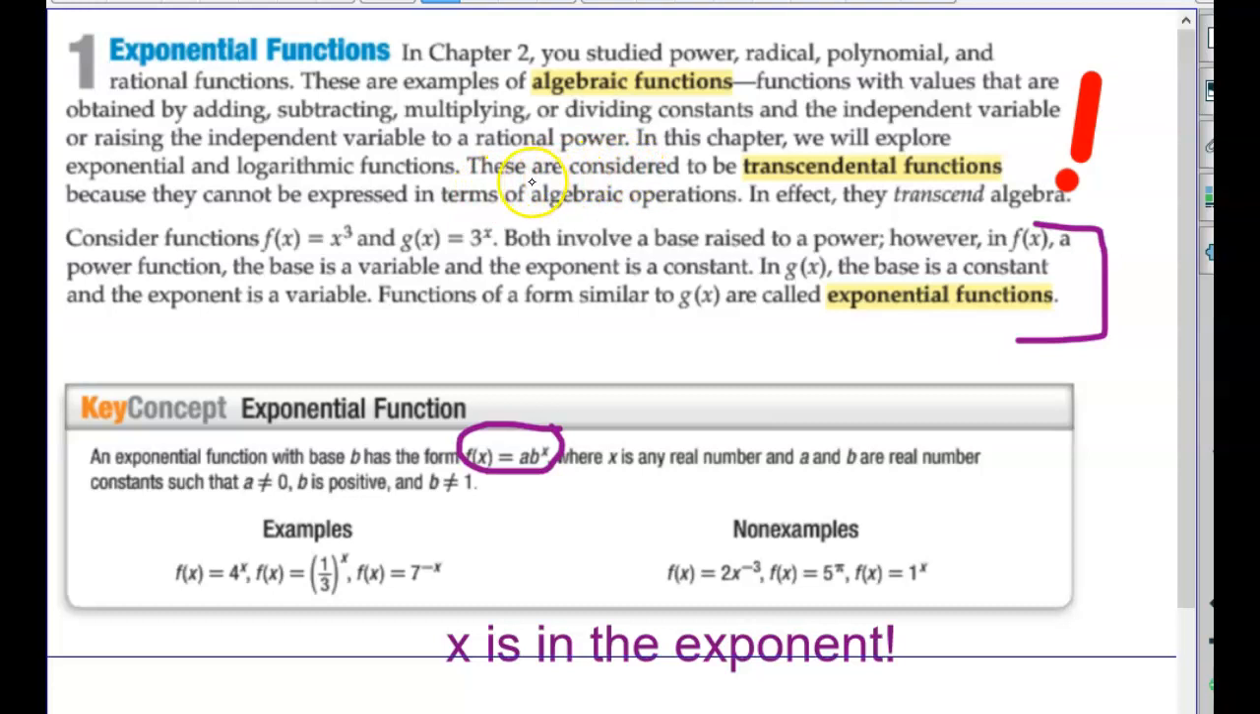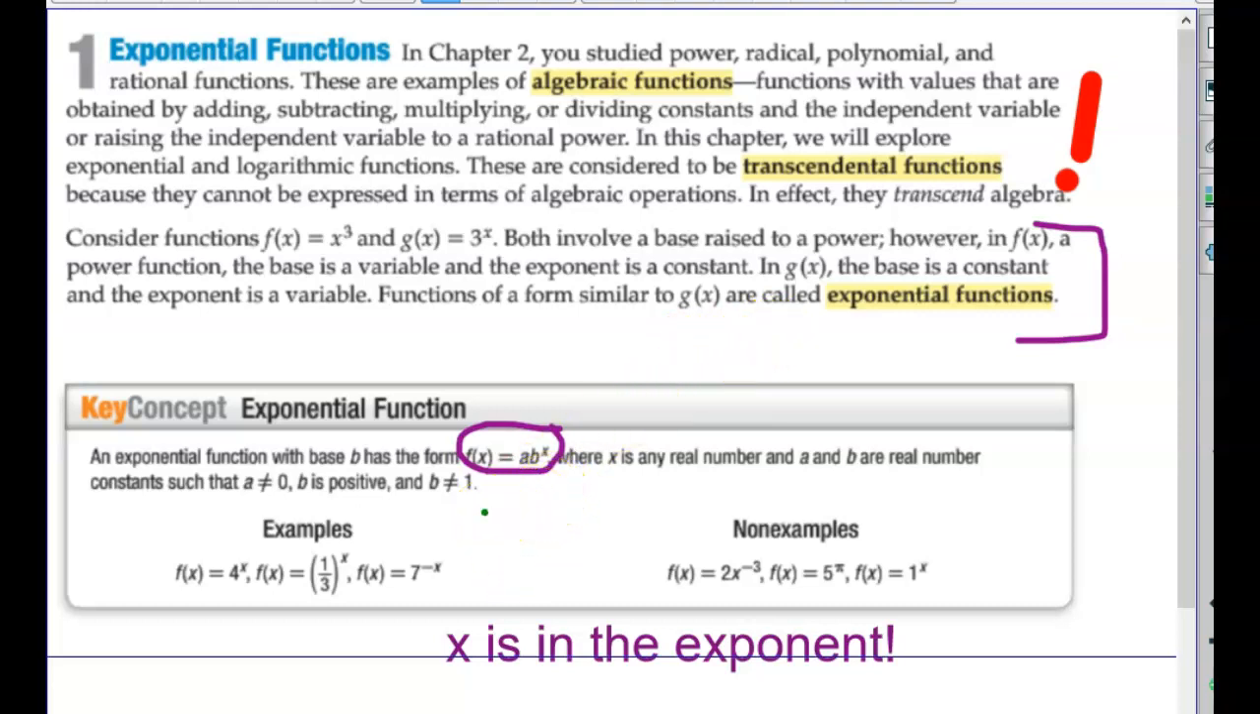concepts. These ideas that we're studying in this unit are called transcendental functions because they cannot be expressed in terms of algebraic operations. They transcend algebra. So exponential log functions are called transcendental functions. I just think it makes us sound brilliant that we study transcendental functions. But anyway,